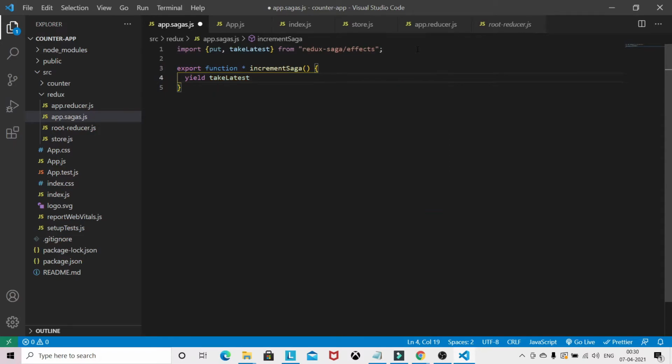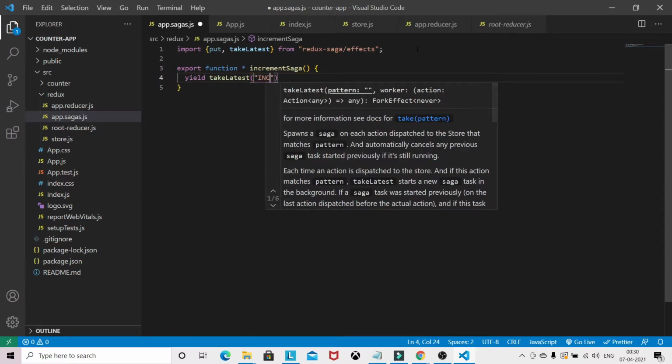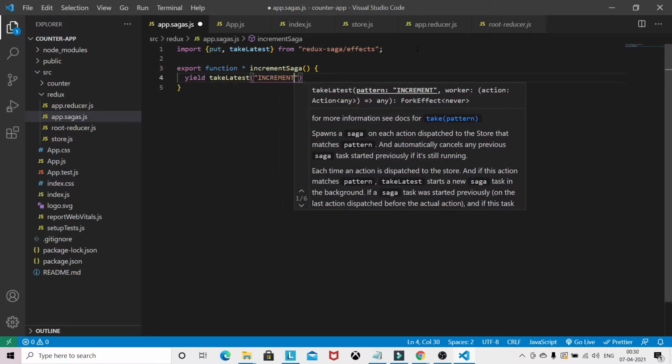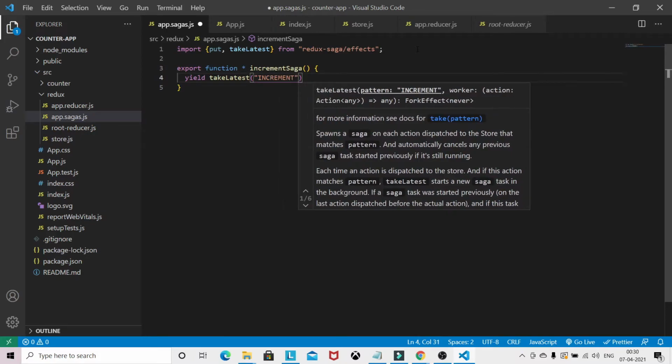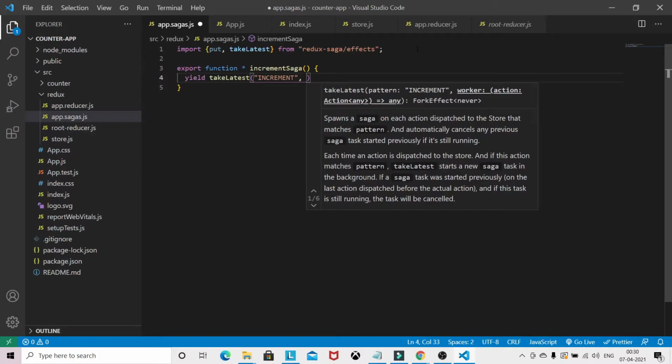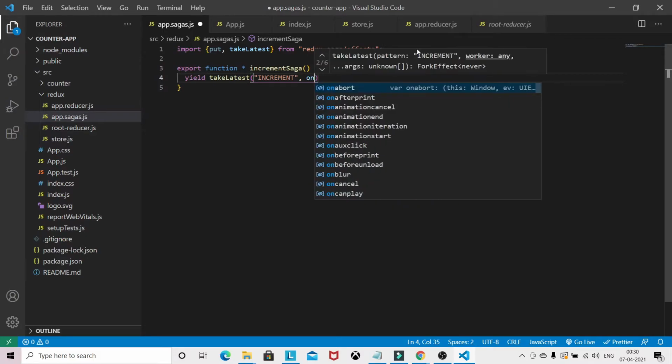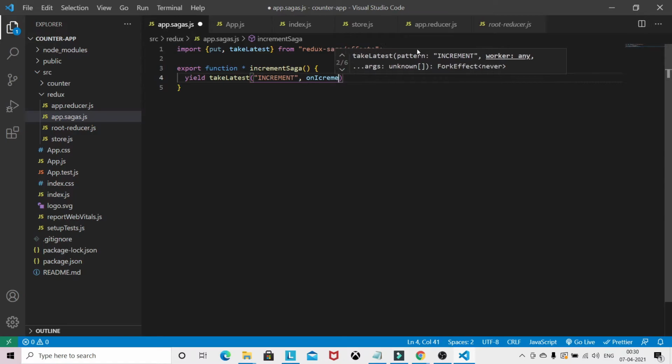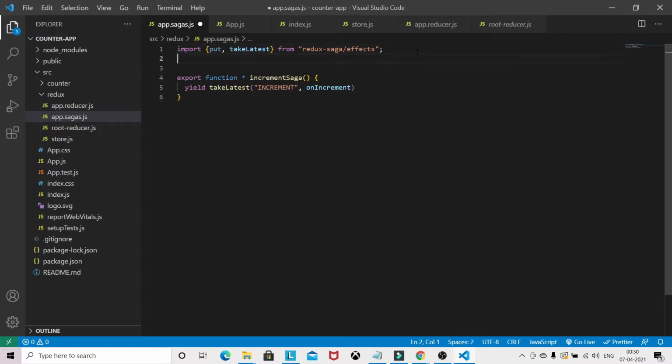This will listen to every increment action coming in, and we will be spawning this Saga. It will create a new Saga. That's what takeEvery and takeLatest do.